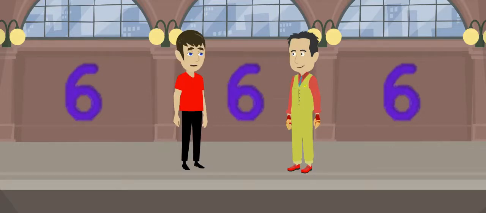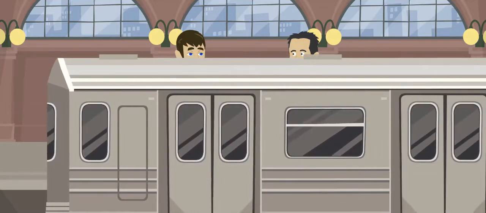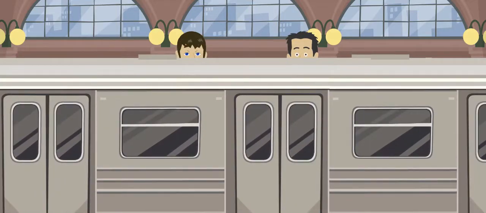Well then, if you multiply 6 by an even number, it will end in the same digit. For example, 6 times 4 equals 24, so the 4 and the 4 in 24 are the same. The number in the tens place will be half the number in the ones place, so the 2 in 24 is half of 4. That's right. That's how you multiply by 6. Oh. Here's the train. Let's get in there.